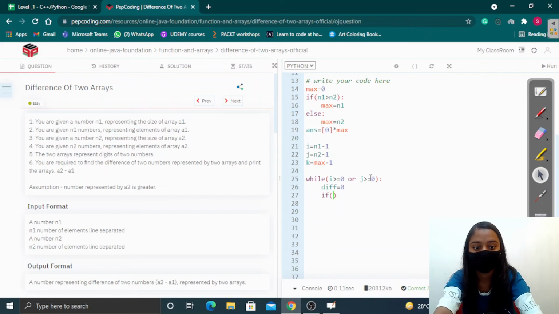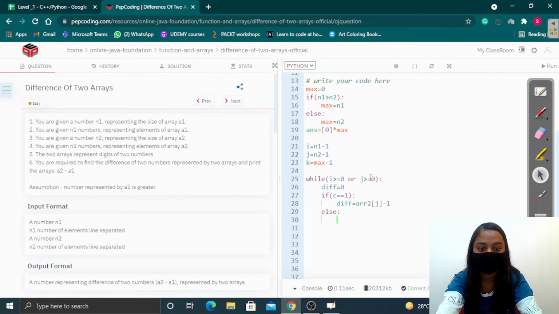Now firstly we have to handle the carry part. So if c is equals to 1, means if we have some carry, means if a carry has been taken from this pair, then we are going to take the variable at jth index, and we are going to perform the operation of -1 on that number, because we have taken some carry.